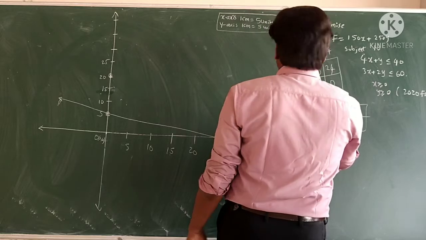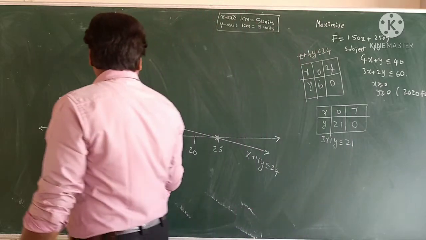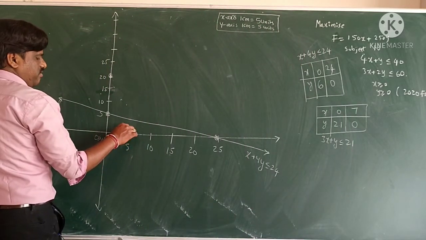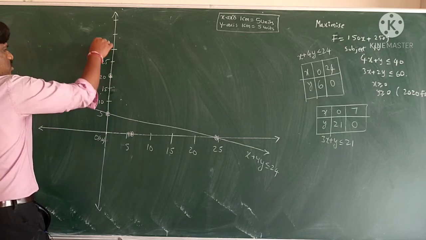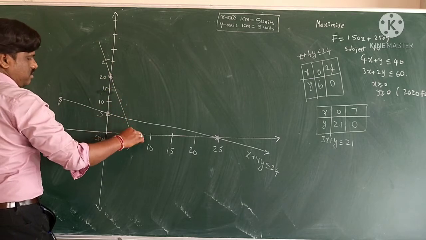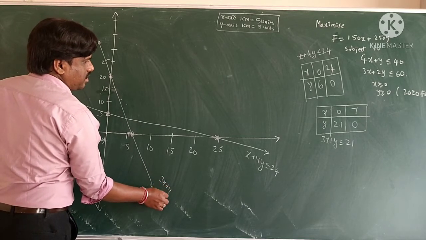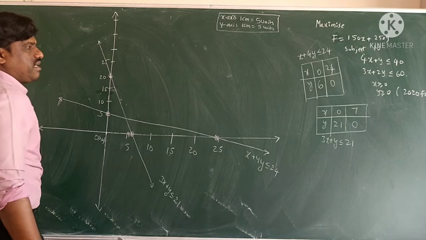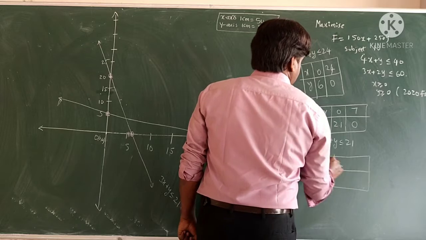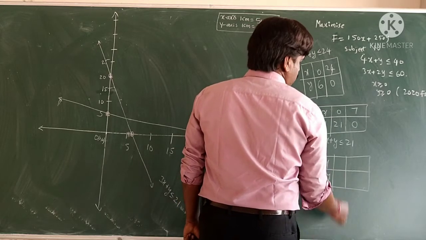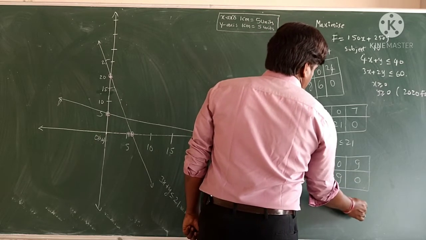So if I take x 0, y 21, y 0, x 7. 7 means the fourth line of this, second line is 6, fourth line will be 7. So you can draw both and you get a line like this. Name of this line is 3x plus y less than or equal to 21. Tell me the last and final one. This is x and y. What do you have? 0, 9, 9, 0. So x plus y less than or equal to 9.